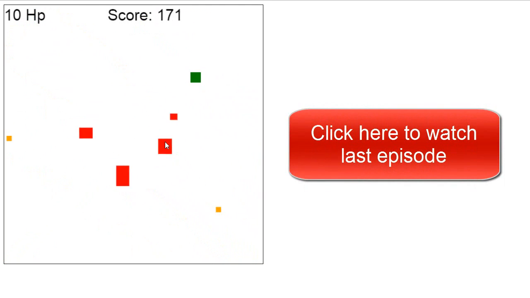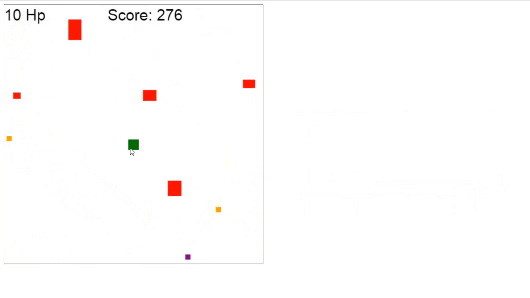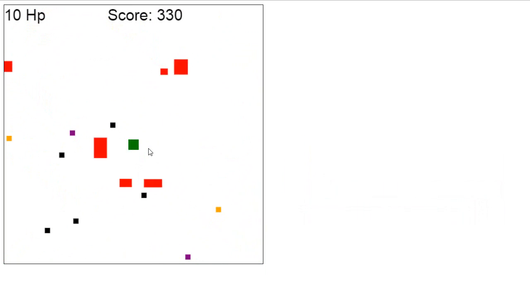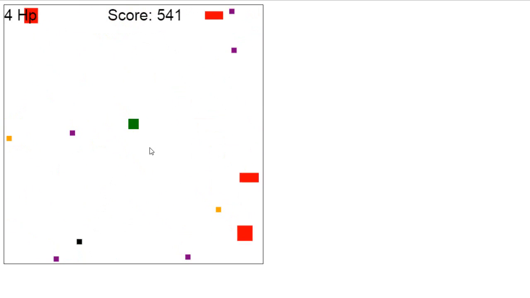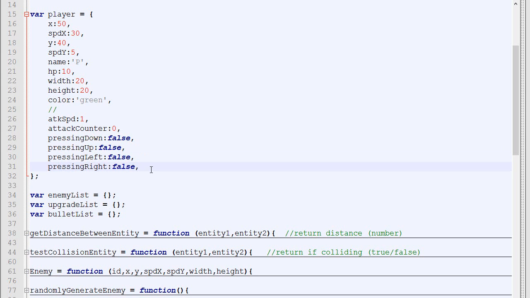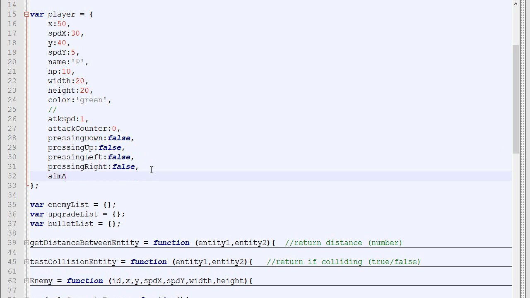So this is the game so far. We can control the player with the keyboard, and we can also shoot bullets randomly by clicking. What I have in mind for this video is that instead of shooting in a random direction, it will shoot where the mouse is aiming, and we will also add a special attack that will shoot in a bunch of directions. Okay, so the first thing we will do is to introduce a new attribute to our player, which will